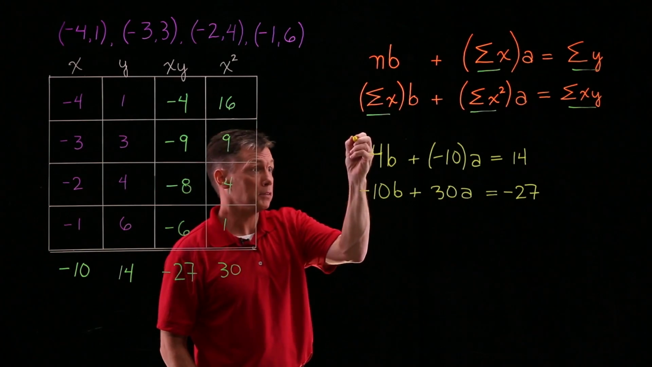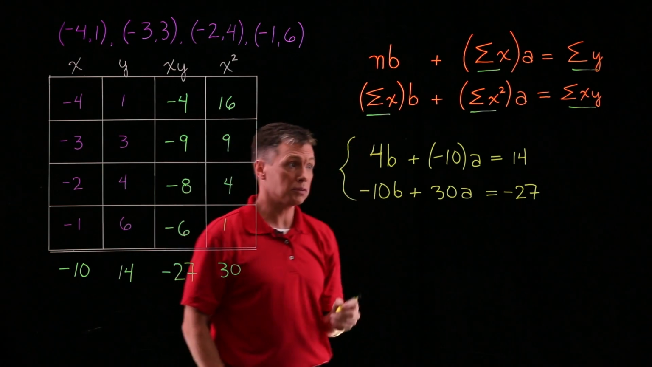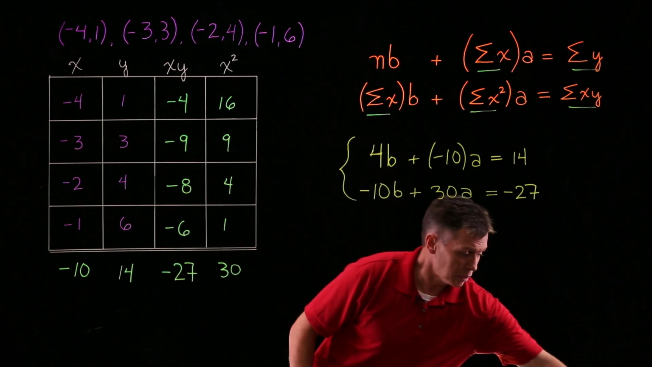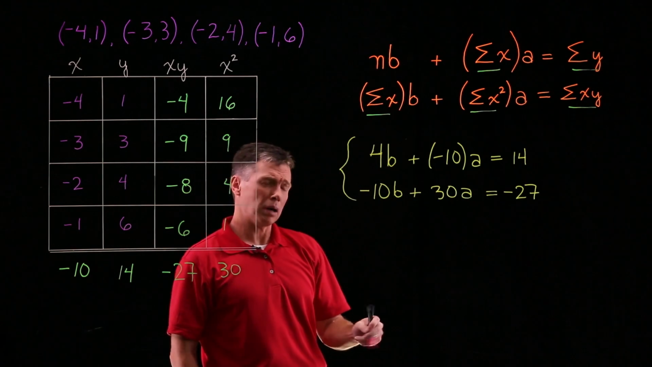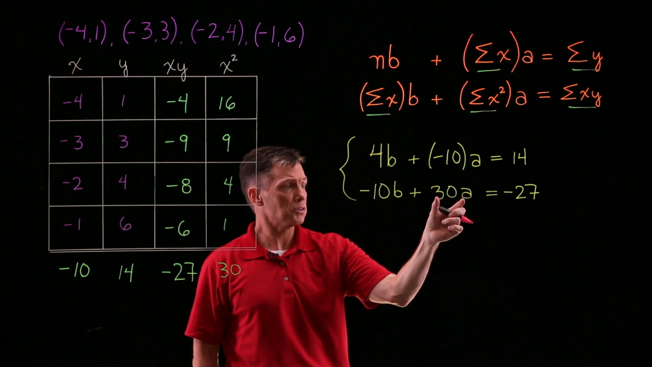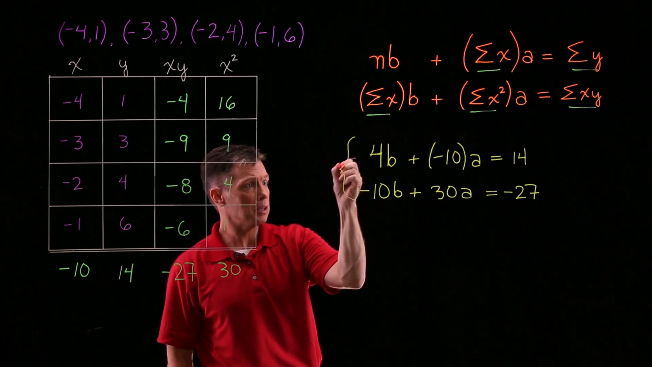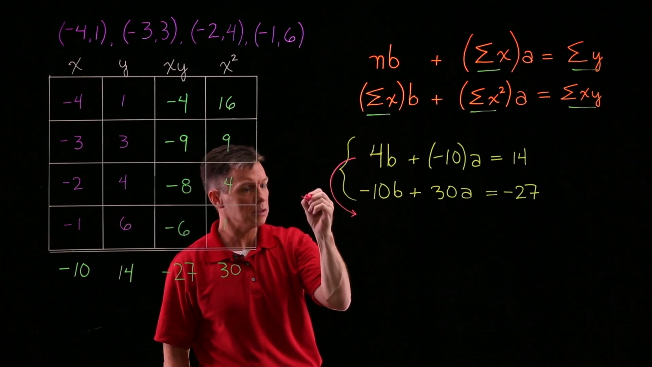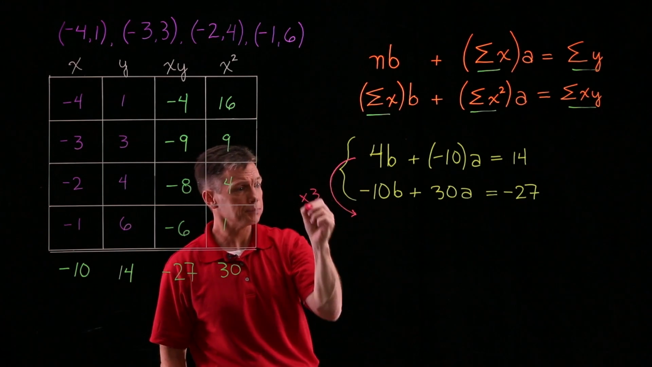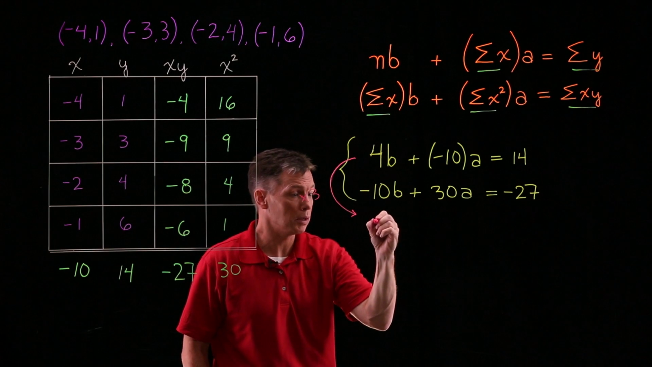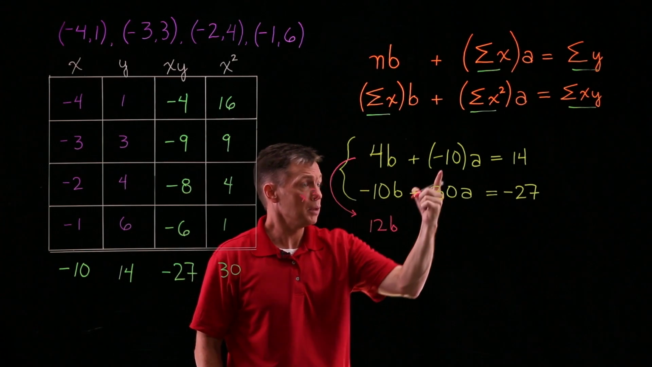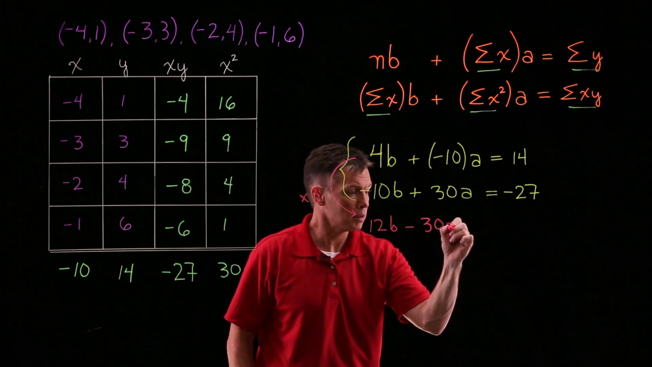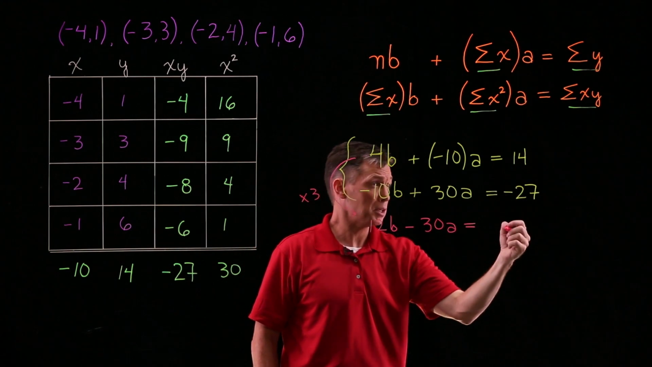And now it's a system of linear equations. You just have to solve for a and b, which we'll do. Okay? Grab even another color. What I would do probably is match these coefficients of a by multiplying that first row by 3, I think will work. So I multiply by 3 and I get 12b. This is a minus 10, now it's a minus 30a. Multiply by 3 and I get